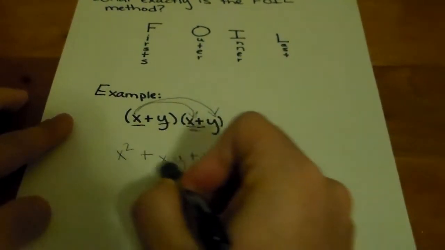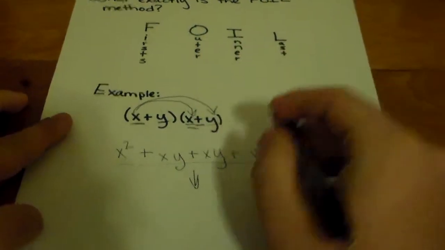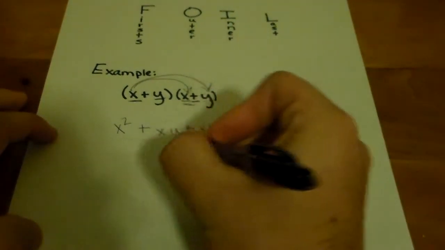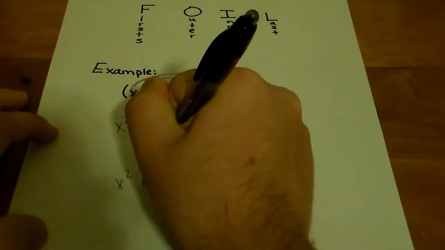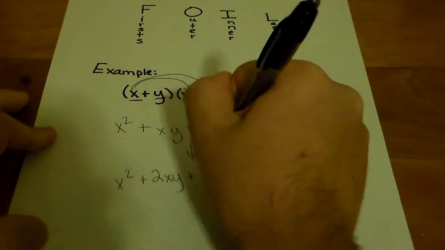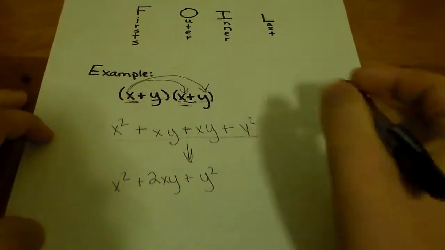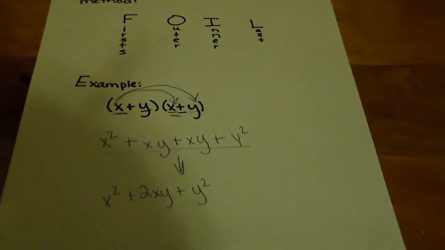Now we just need to simplify this whole equation here. So we bring it down, and the final answer will be x squared plus 2xy plus y squared. So, you may be wondering why I got such an answer. Well,